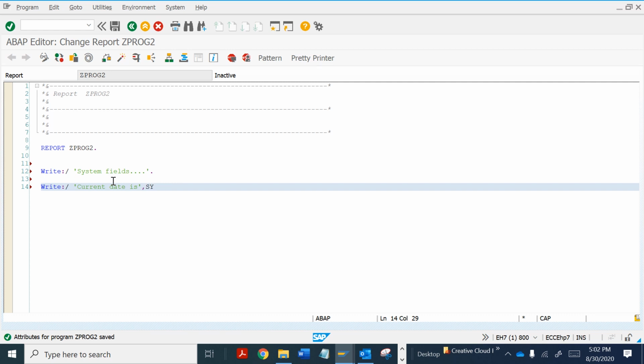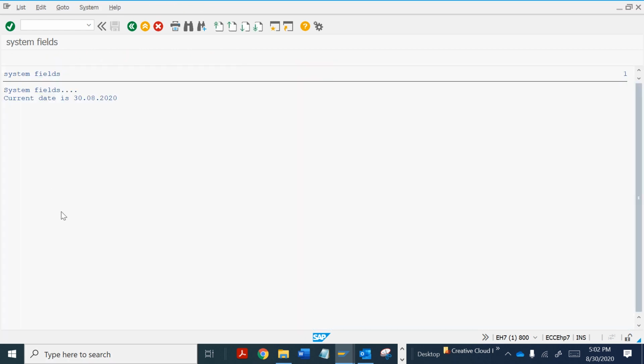SY, so we have a field SY-DATUM. Let's check this. What is it displaying on the screen? See, the current date is 30/8/2020.